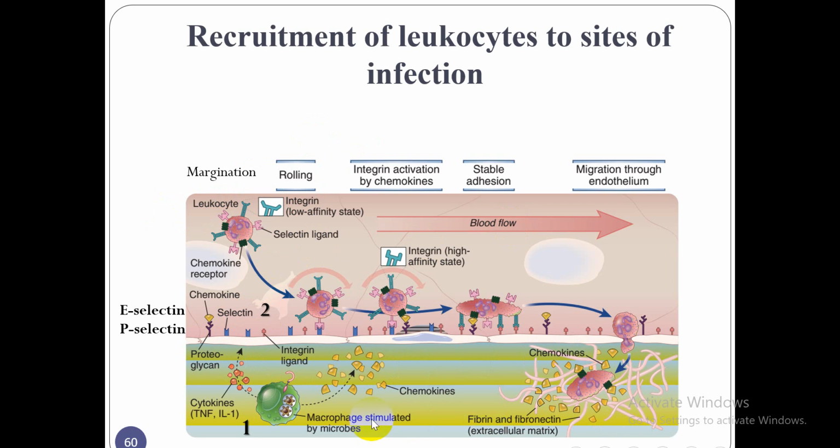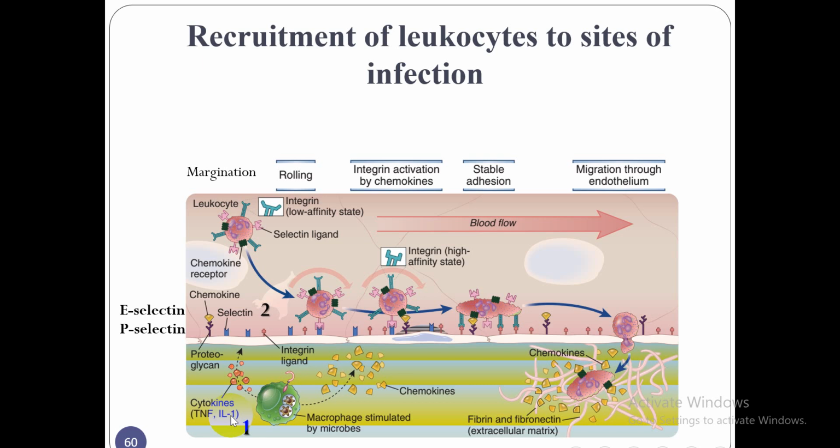When a microbe enters a tissue, for example, a macrophage could phagocytose the microbe, and after phagocytosis, the macrophage stimulated by microbes could produce some inflammatory cytokines such as TNF and interleukin 1,